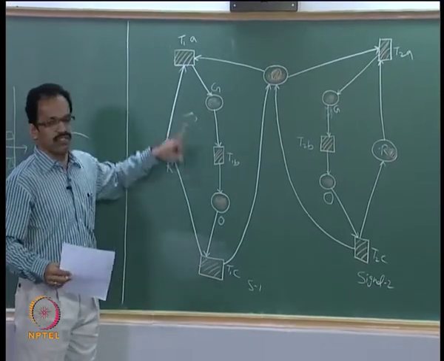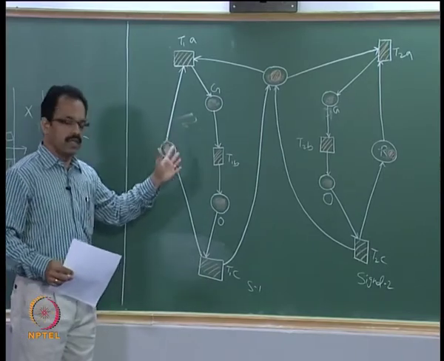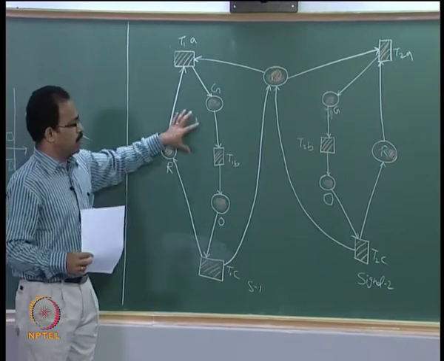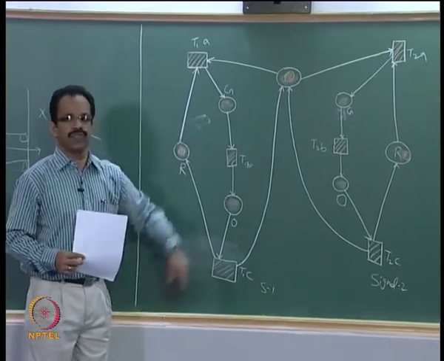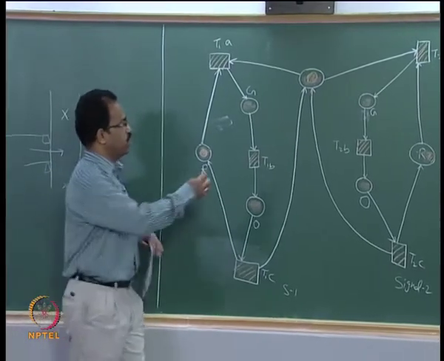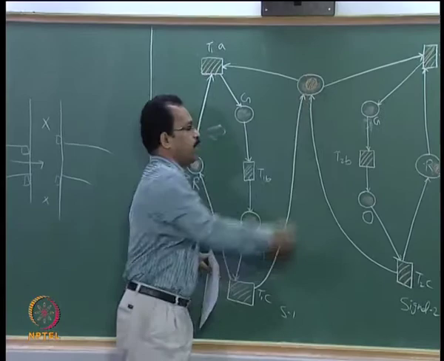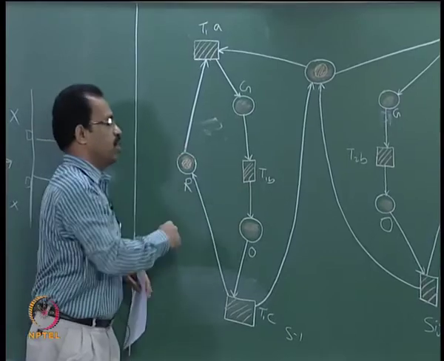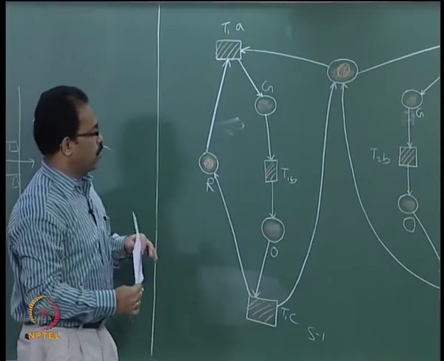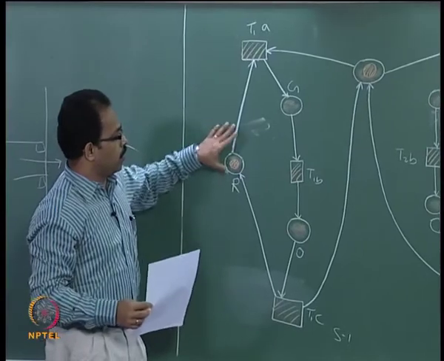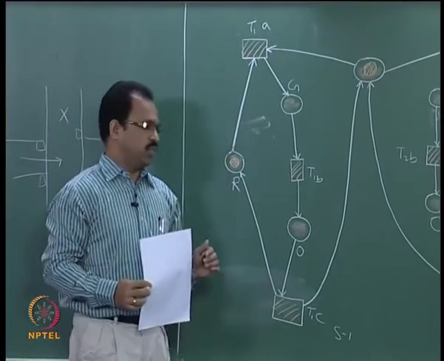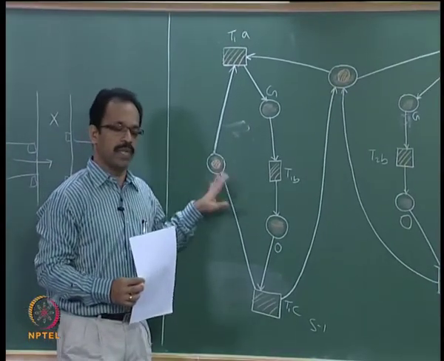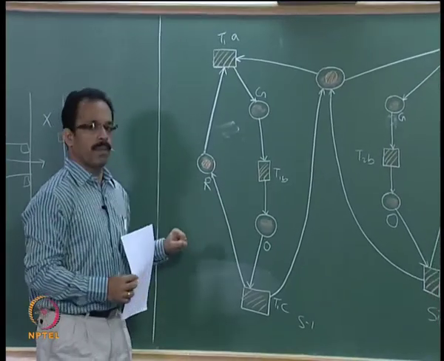Here I have shown only straight direction motion. So if you have turning to right or turning to left and then taking U-turn, all those signals are there. We can actually incorporate all those scenarios and then see what kind of synchronization we need to ensure. So depending on that we need to include additional places so that the tokens can be distributed in such a way that there is proper synchronization and there is no issue of overlapping of signals or any other problem associated with concurrency and synchronization. So this is one way of modeling the behavioral dynamics of the signal using Petri nets.